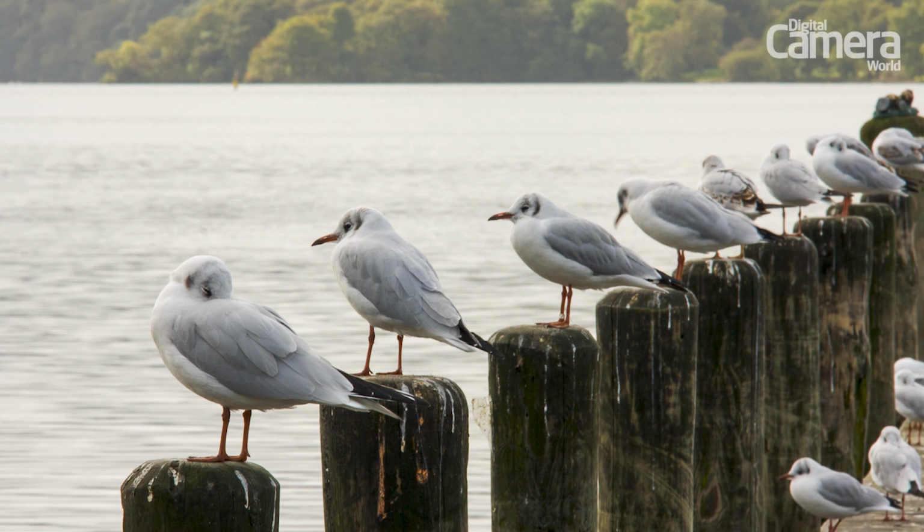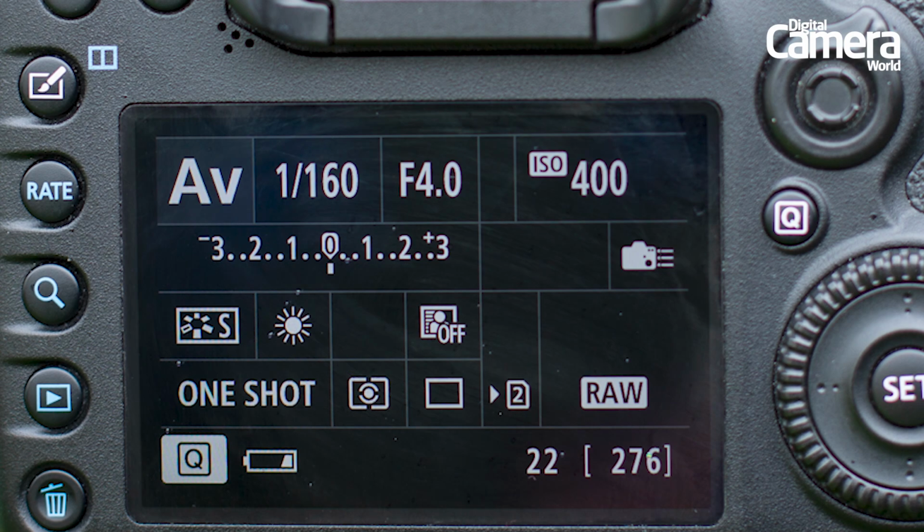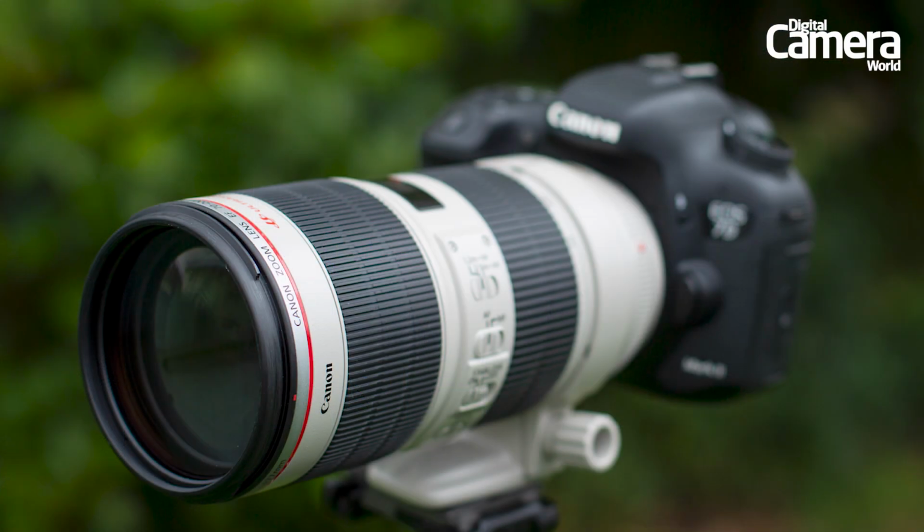The depth of field is a measure of the physical distance between the closest and furthest points in a scene that will be rendered sharp in an image. With a larger depth of field, more of the scene will look sharp from front to back, while a shallower depth of field will mean a smaller area in the scene will be sharp, with elements before and after your focal point blurred. The depth of field is governed by three factors: the aperture setting, the focal length on the lens,